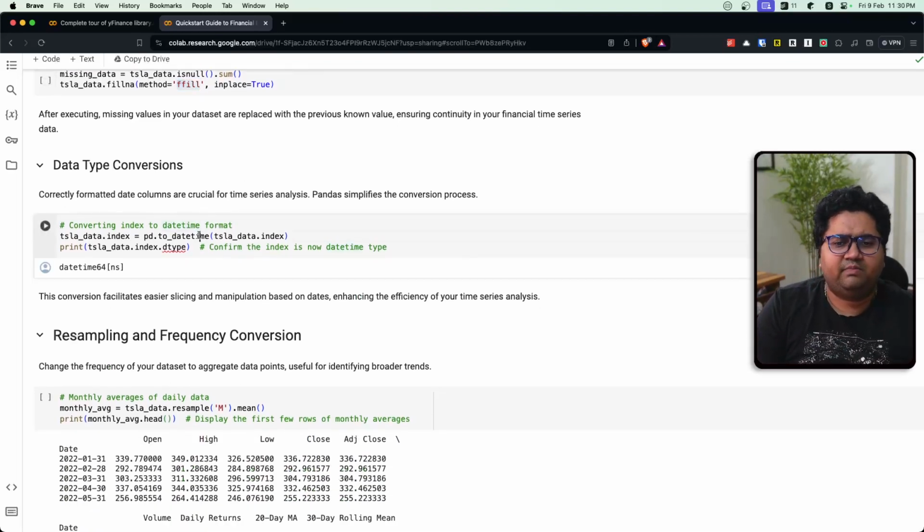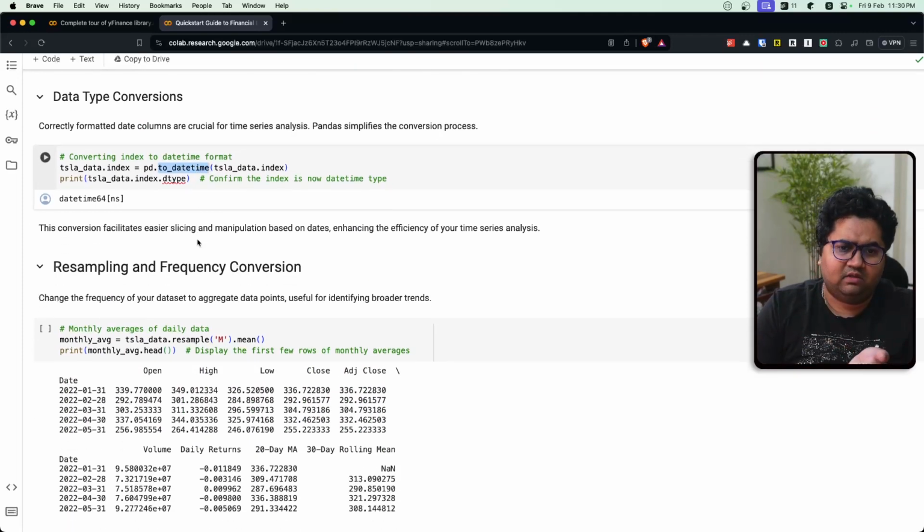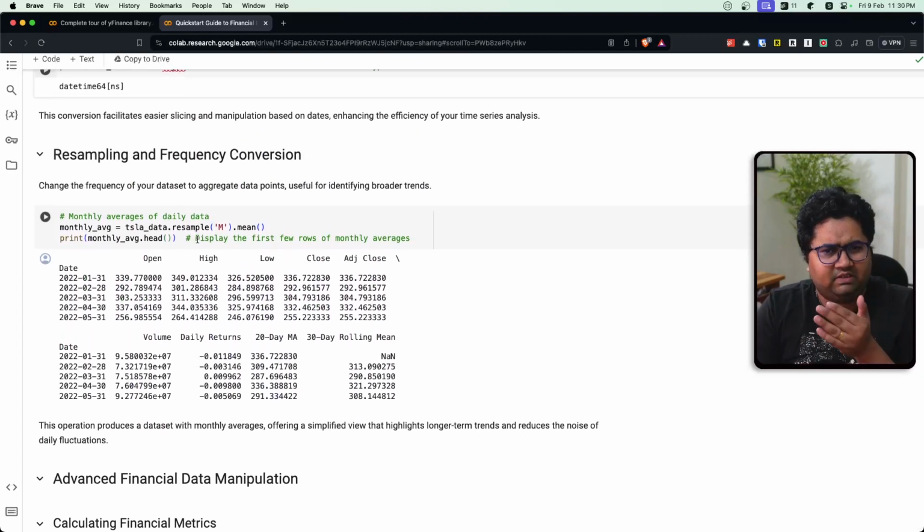Type conversions are pretty much, if you have, let's say, an index to a datetime and stuff like that, you can use the pandas function pd.to_datetime to make the conversion. Finally, we'll go about resampling and some specific